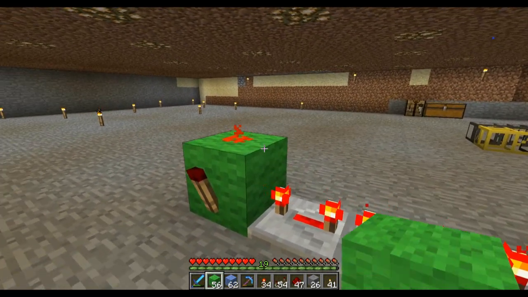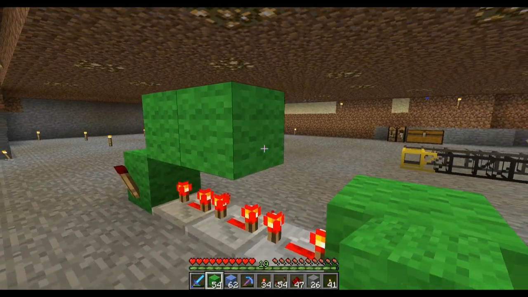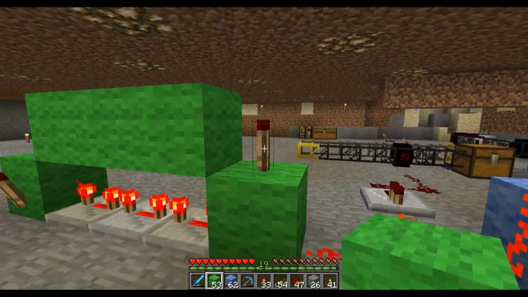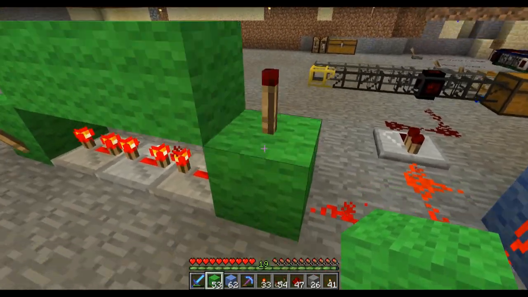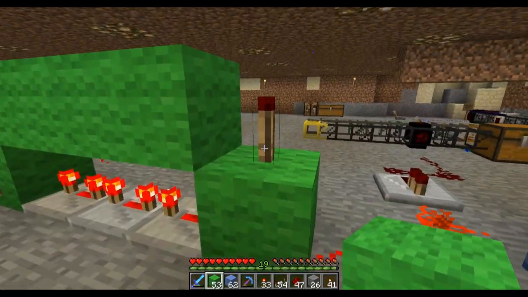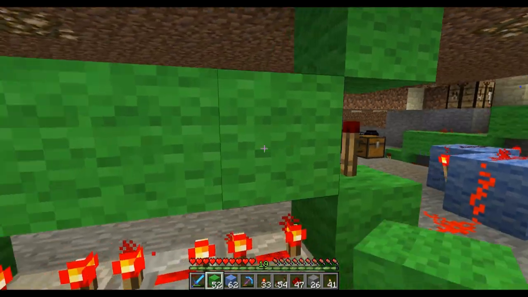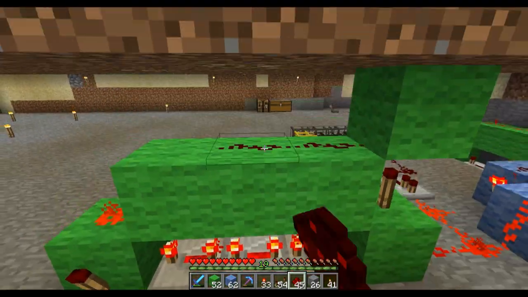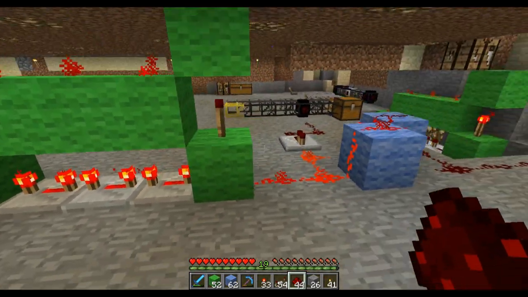Piece of redstone, and then run the wire like that. Torch there, and then, come on, come on. Oh, wait, you know what? There we go. And then some redstone wire on top, and there you go.